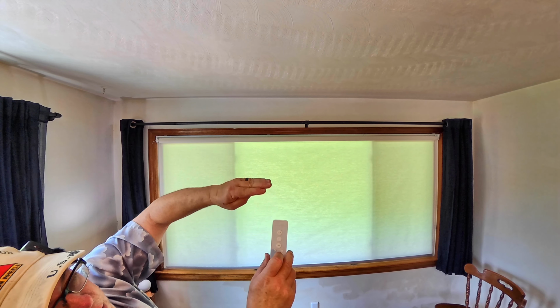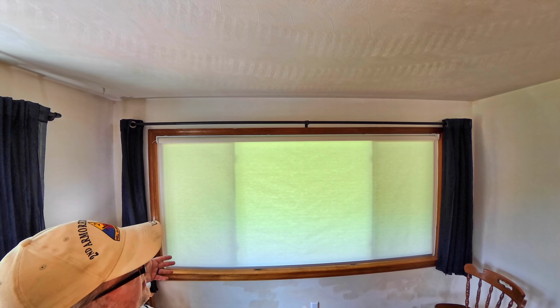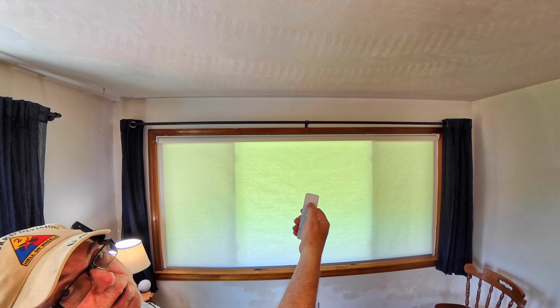It is now down currently, obviously, and this is 70% light blockage. So you can get an idea of how much light is being stopped. Now, the reason that it's darker for us in these two sides is because we have black screens, and that's cutting down some light also. But you'll see that the sun is out, and even though we have a covered porch, there is light trying to get in. We'll just push the button one time,